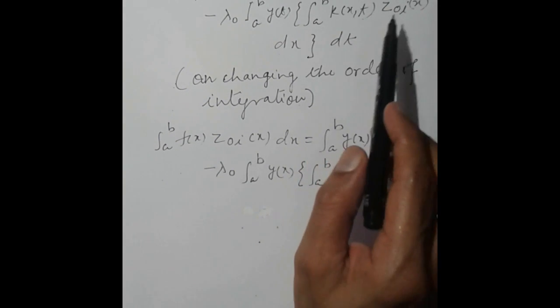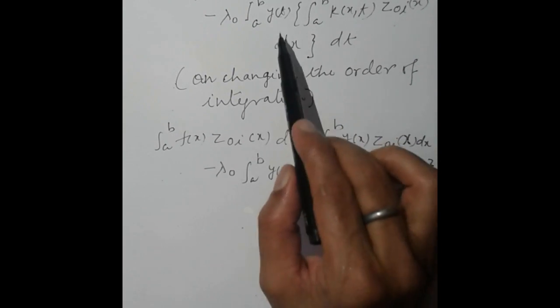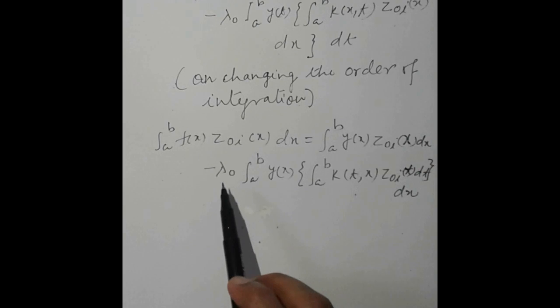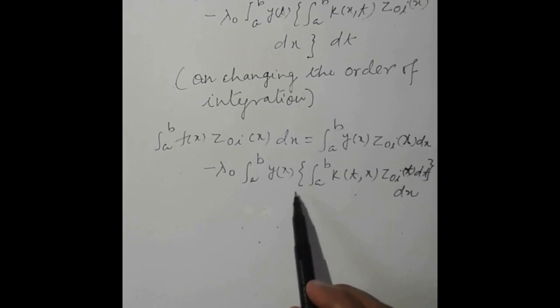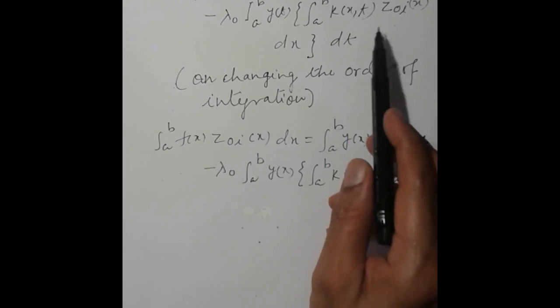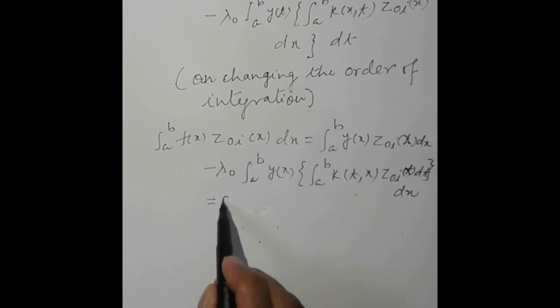Here we interchange the variables x and t, then we have lambda naught, the integral from a to b y(x), the integral a to b k(t,x) z naught i(t) dt dx. This is equal to 0